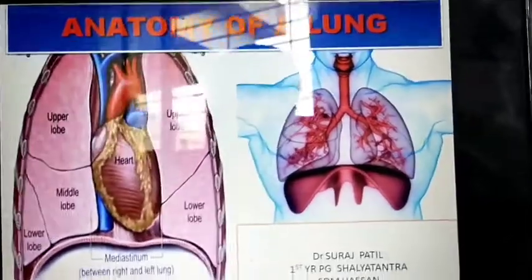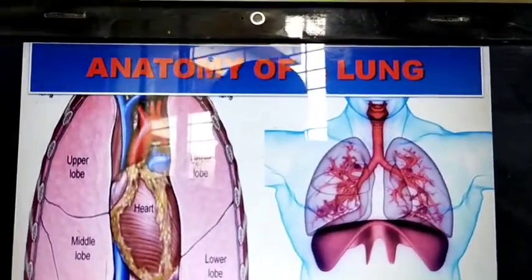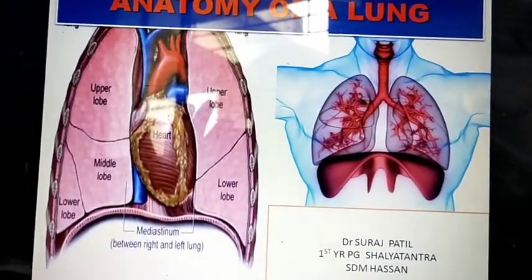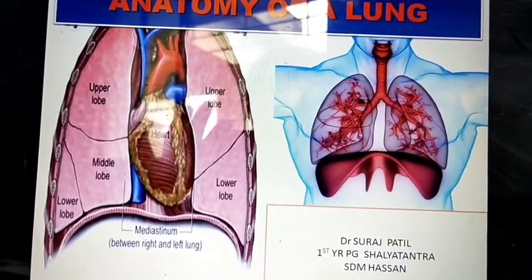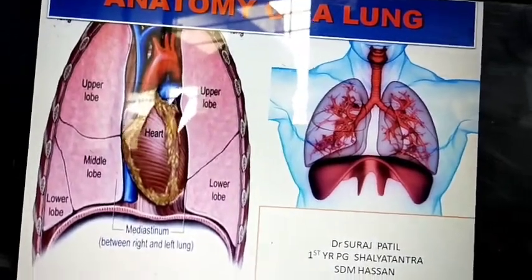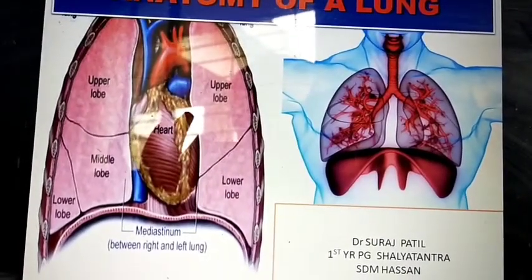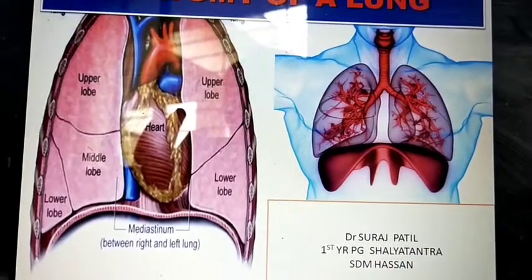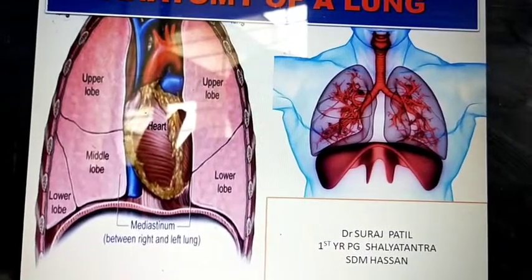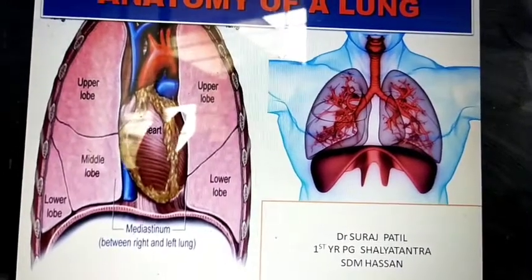Lungs are one of the main respiratory system organs that conduct gas exchange, where oxygenated blood is exchanged with non-oxygenated blood. Gas exchange occurs in the lungs. This is one of the major organs of the respiratory tract, and the lungs are situated in the chest, or you can say the thorax. Another name for the lungs is pulmonary.